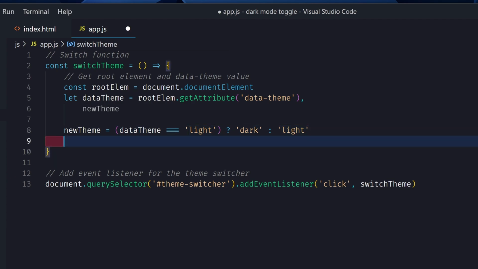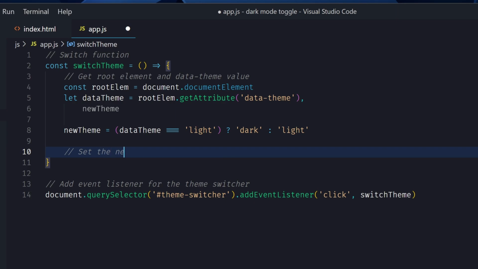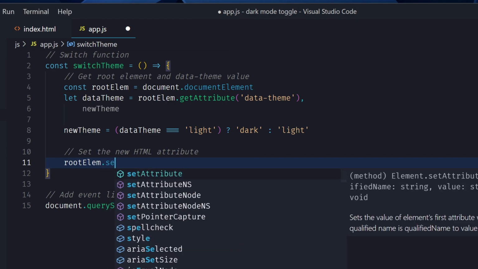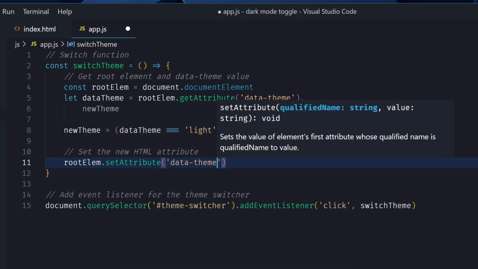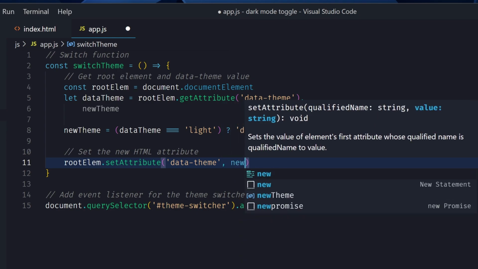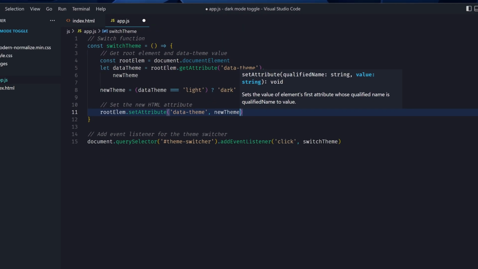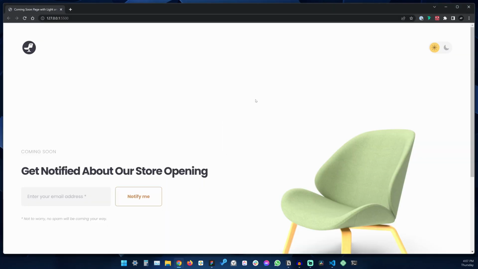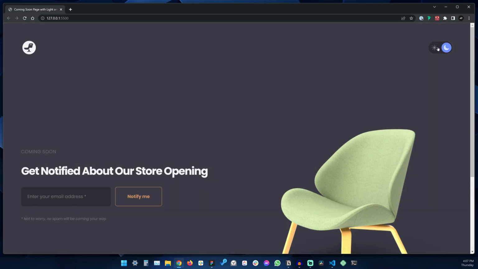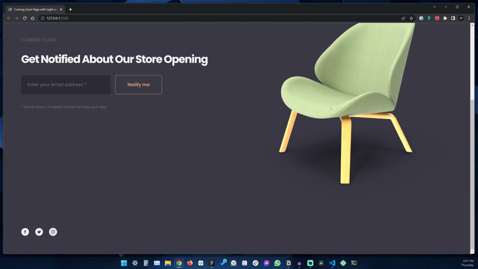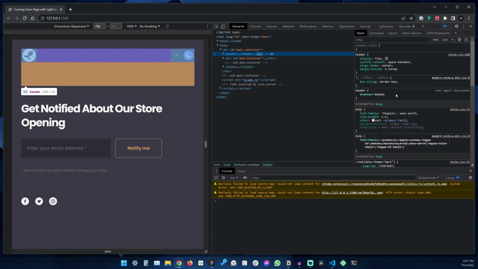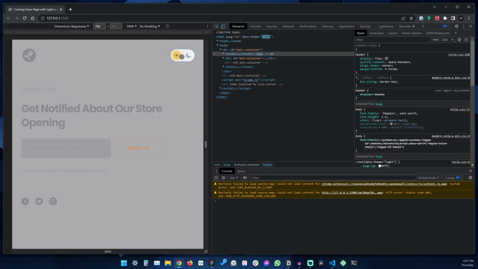Okay, and now all that's left to do is to set the new HTML attribute. For that, we say rootElement setAttribute data-theme, because that's what it's called, and we'll set it to newTheme. All right, let's have a look and see how this works. Click. Nice. So as you can see, this switches the theme nicely,